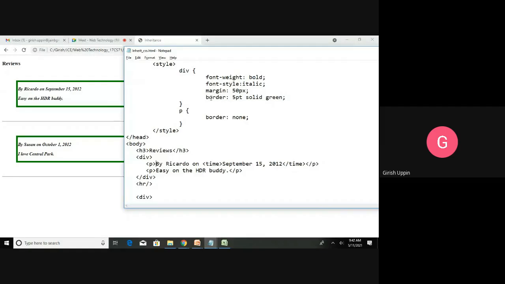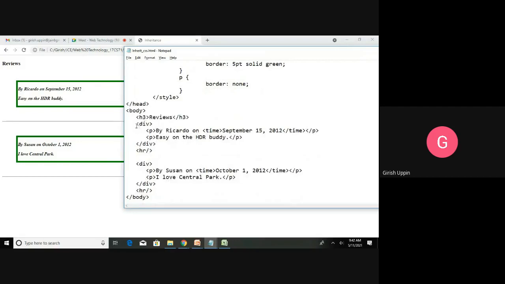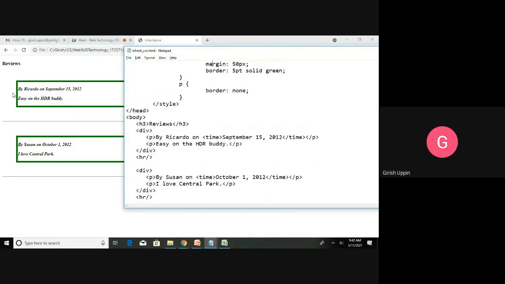Margin and border are not inheritable. So you can see margin as 50 pixel. There are two divs actually. Inside this is the first div. You can see the margin, 50 pixel as specified here. So 50 pixel margin on the left, 50 pixel on the top, 50 pixel on the right, and 50 pixel on the bottom.